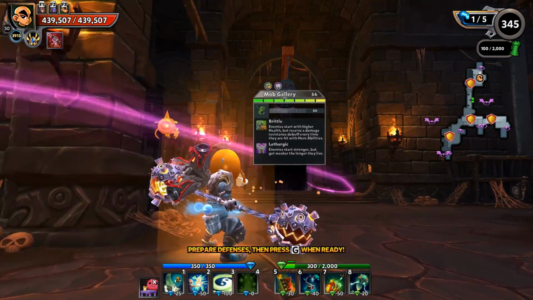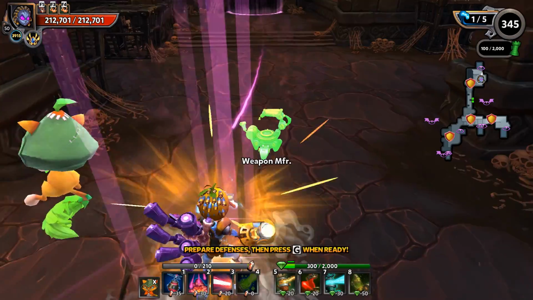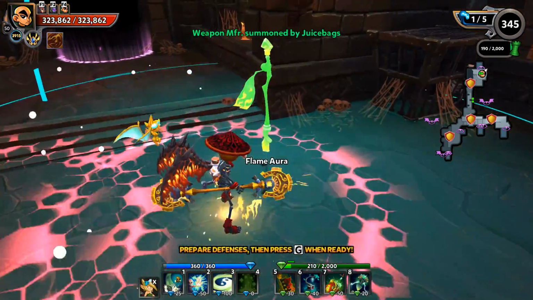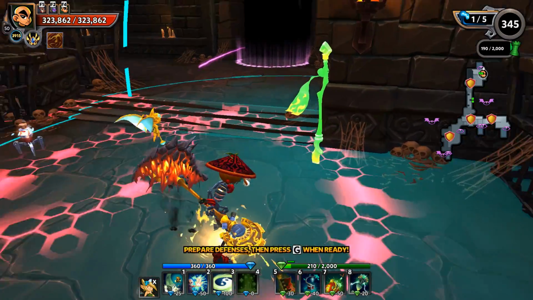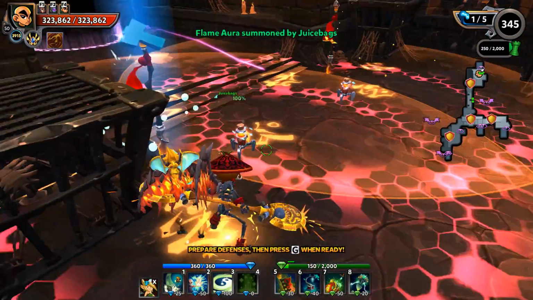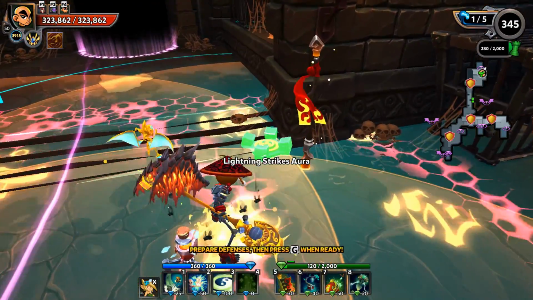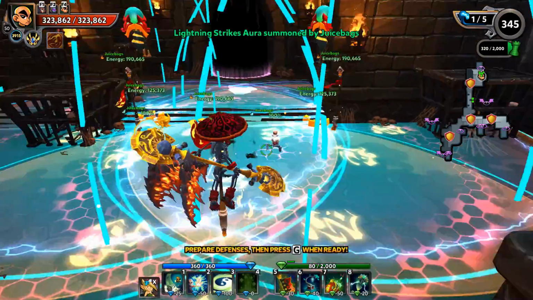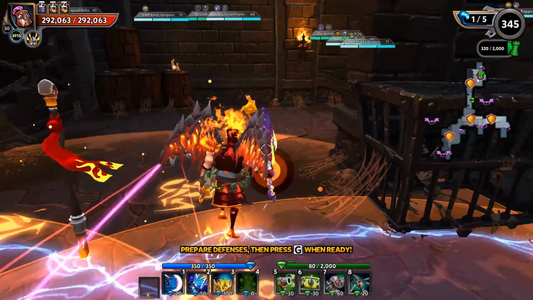Now taking a look over here, we do have Mob Gallery. Now Mob Gallery, of course, can change and will change every single wave. So I do want to load this side of the map up, as I just don't want to run over here. As always, you have to make sure that your flame auras or any damaging defense you use is outranging your weapon manufacturers. If not, then you just have a whole lot of stun going on and not a whole lot of damage. So making sure that flame aura and lightning strike aura are both outranging the weapon mans, and